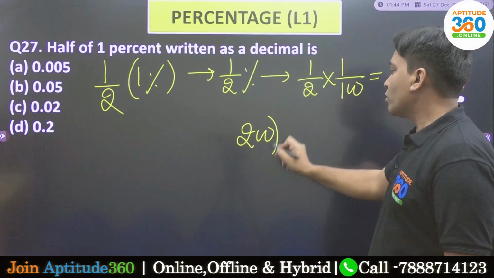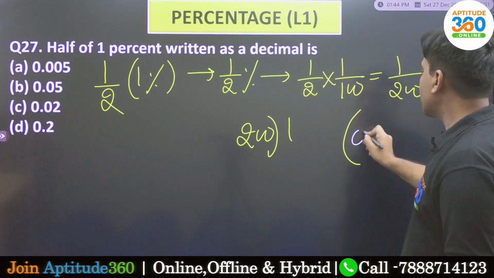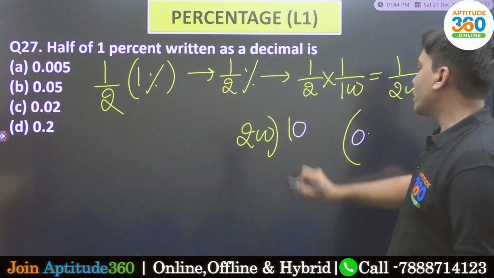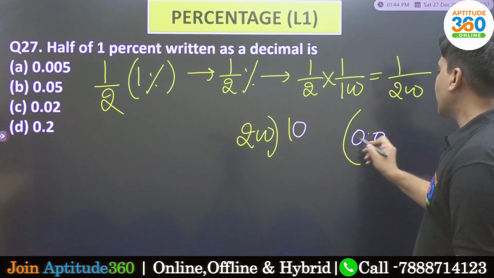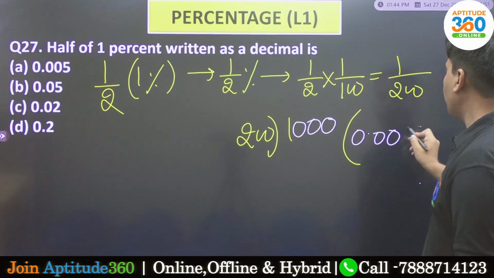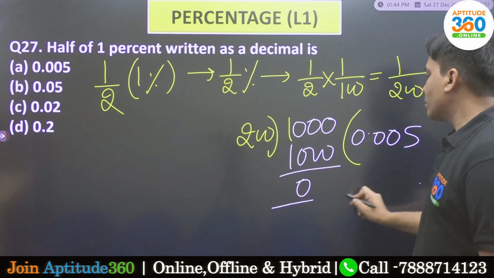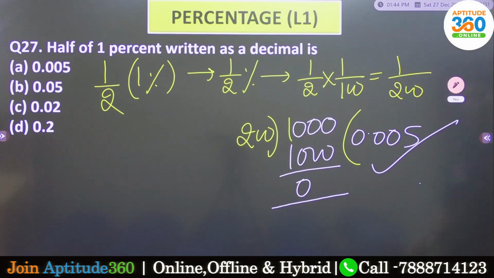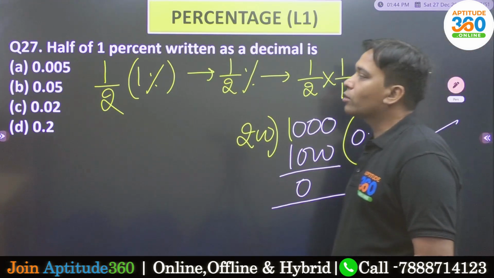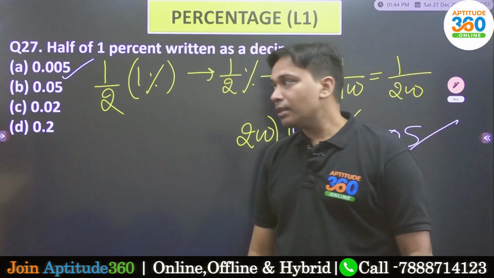200 say when you are dividing 1, what is that you should be having? It is 0. एक बार डेसिमल लगाए तो 0, फिर एक यहाँ पे, फिर एक बार, और now this is 1000. अब it is going to be 5 times, then it is 0. What is the right answer? 0.005. 0.005 is coming out as this one. Simple.